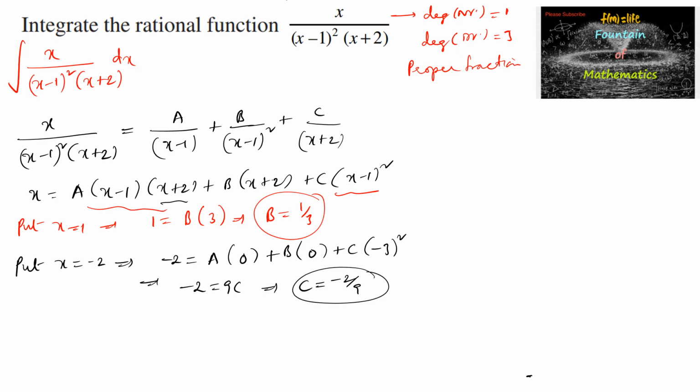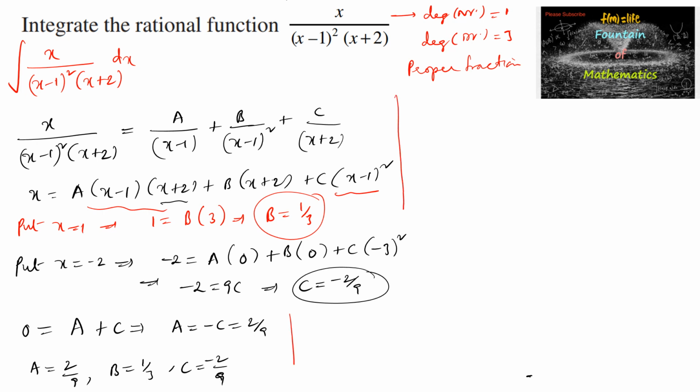And now let us compare the coefficient of x square. So we can get 0 is equal to here a into x, that is a x square, and again next we'll be getting c x square. So a plus c is equal to 0, that is a is equal to negative c, that is 2 upon 9. So we got a value is 2 upon 9, b value is 1 upon 3, c value is minus 2 upon 9,